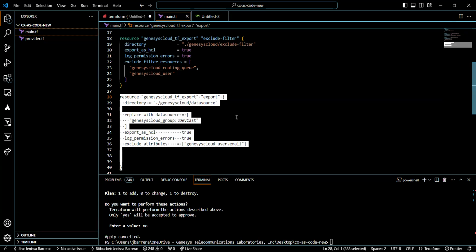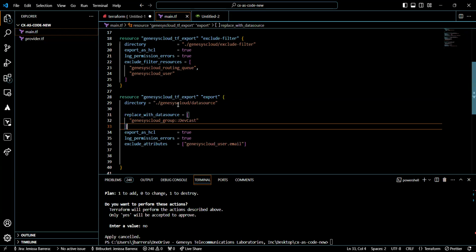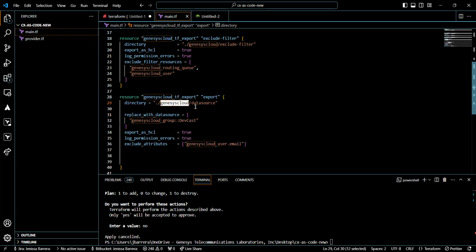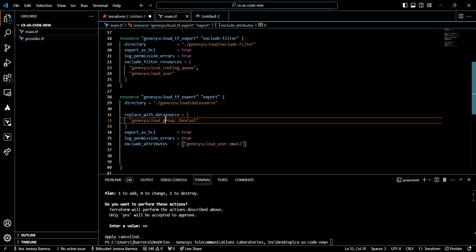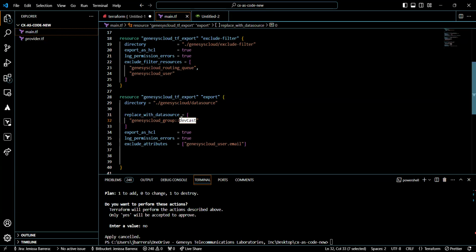This will export every resource in your Genesis Cloud org. It will create a folder under Genesis Cloud, which is the data source folder. For this sample, the Genesis Cloud group named devcast should be generated as data source. We'll check on that later.